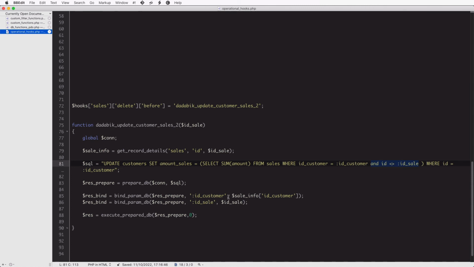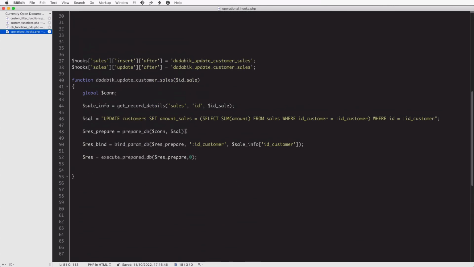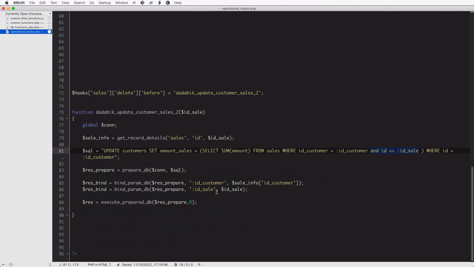And that's the other change with respect to this function: I need to replace this second placeholder with $ID sale. $ID sale is the ID of the sale I'm going to delete.